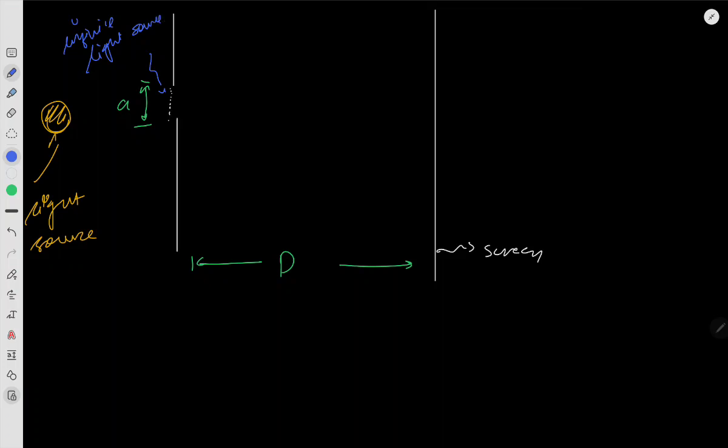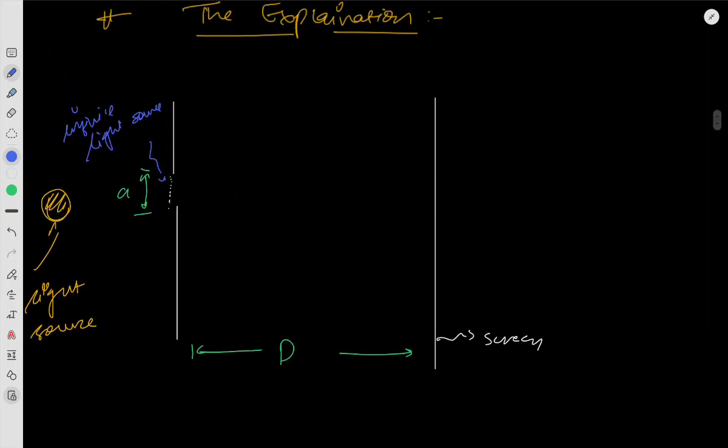In YDSE, there were only two slits and they were very, very small, as we wrote in the condition. So small meant that only one light source was formed at a particular slit. But now that the slit width is increased tremendously in comparison, there are infinite number of light sources, and so they would make constructive and destructive interference all according to them. So well,